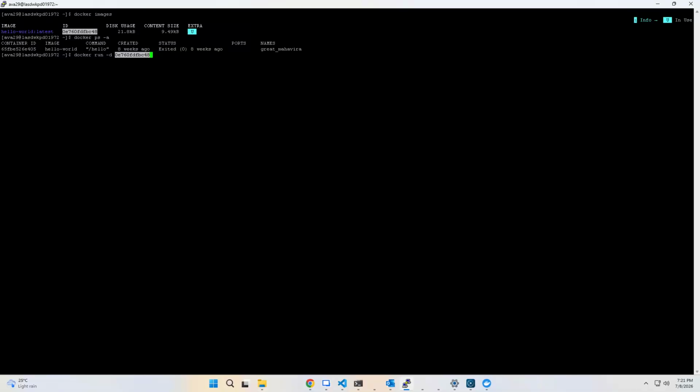It will show the image, but as a container. Will it use the previous container or create a new container? It will create a new container. Yes, every time you run a Docker container, it creates a new one. So we got the ID. Now if I do docker ps,